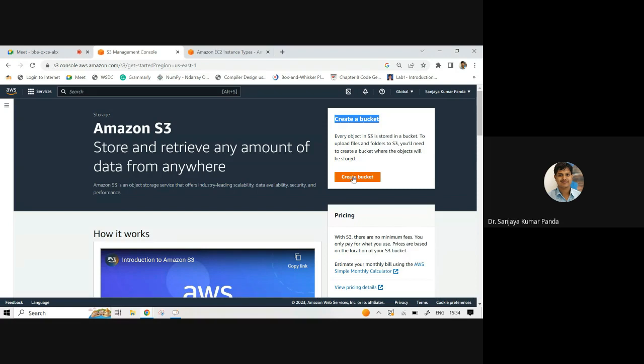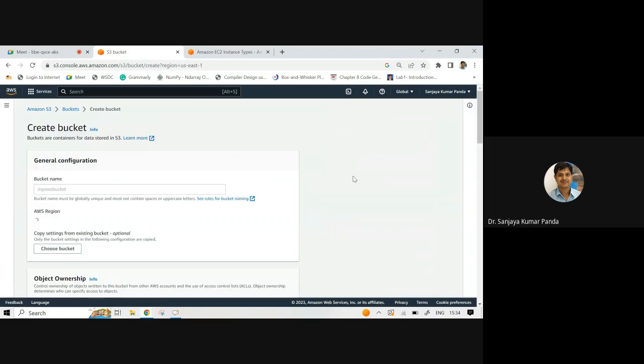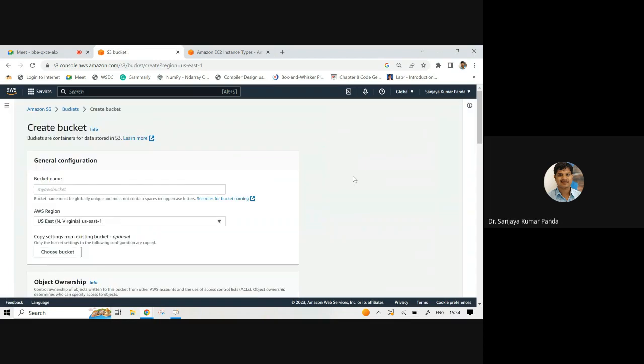So simply click create bucket. Once you create a bucket, you will come to this particular page. We can say buckets are the containers for data stored in S3. Why are we creating a bucket? To store a set of objects in the bucket.